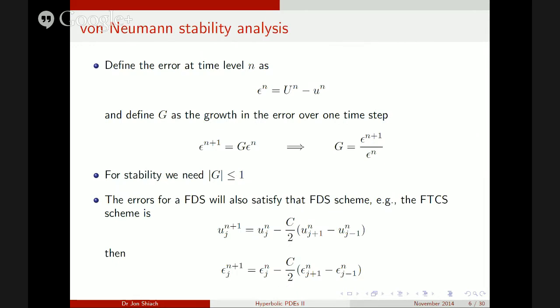Okay, and there are a couple of ways of doing it, and by far the most useful way is what's called von Neumann stability analysis. Now this uses something called Fourier analysis, Fourier series. I know not all of you have done Fourier series in the past, so for all intents and purposes, I'm going to brush over a lot of the